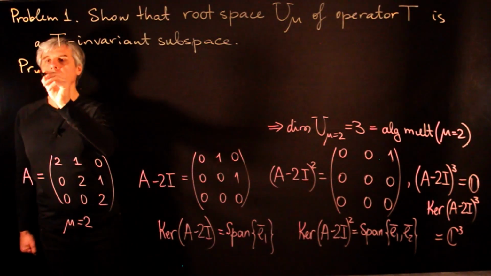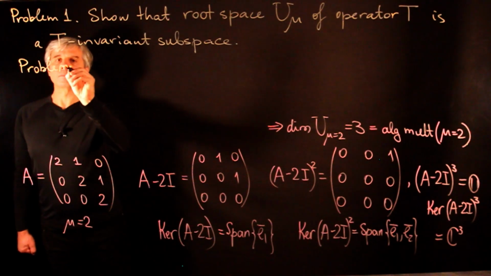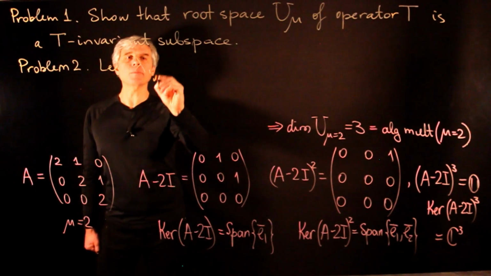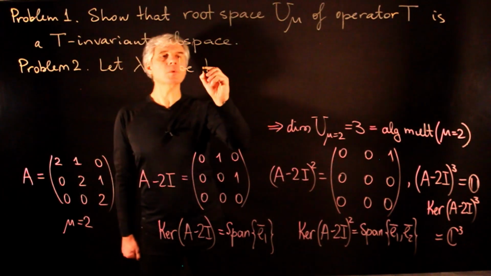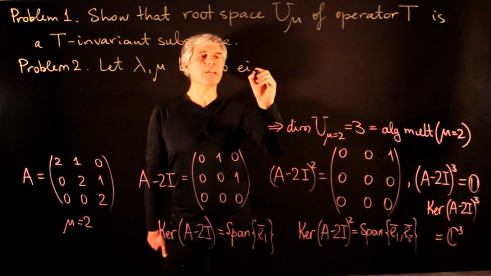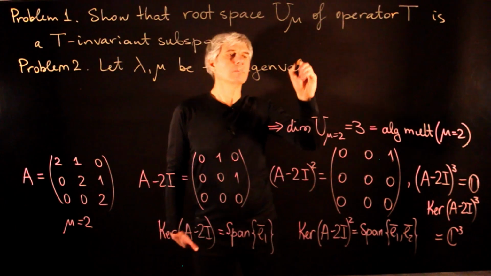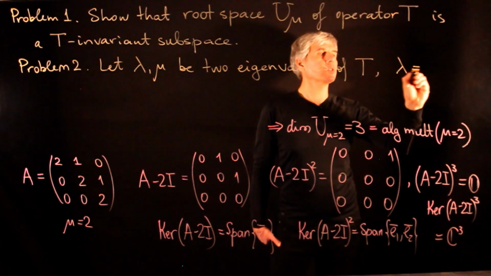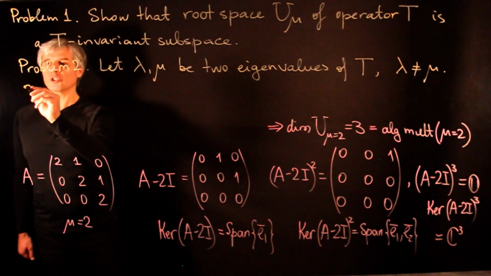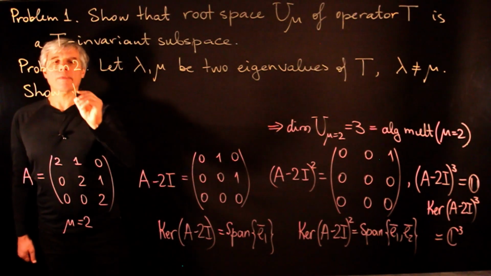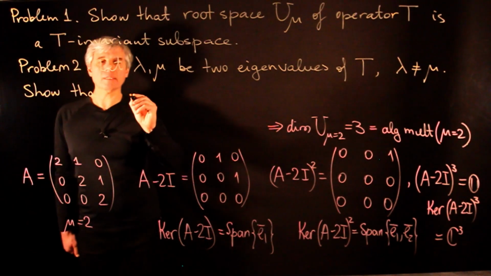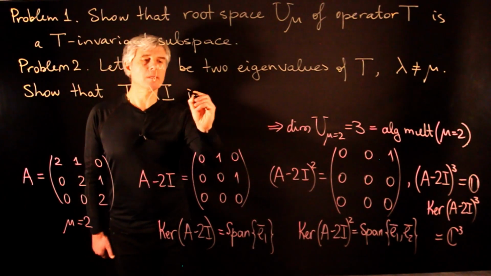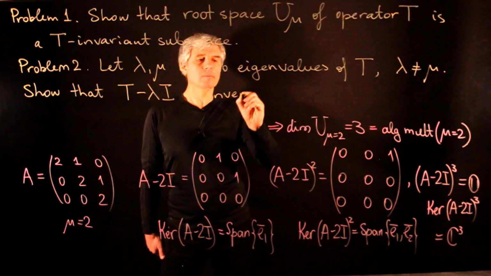Problem 2. Let lambda and mu be two eigenvalues of operator T, and lambda is not equal to mu. Show that operator T minus lambda I is invertible